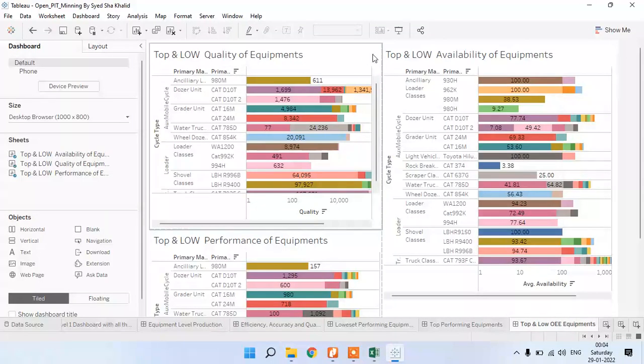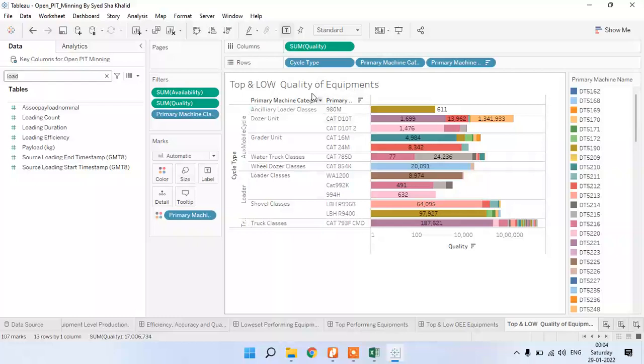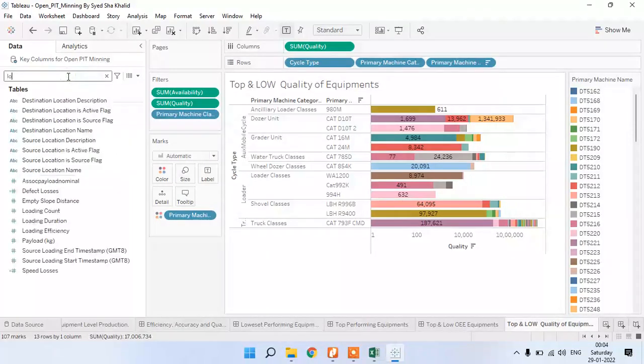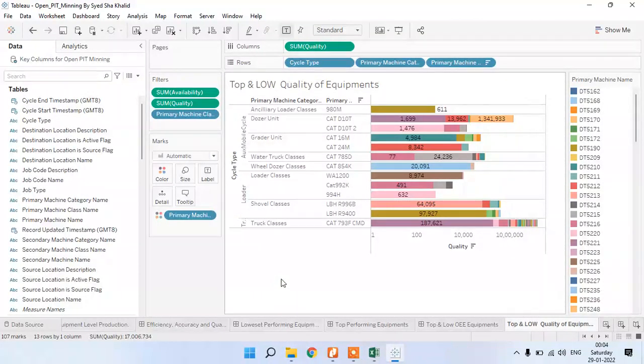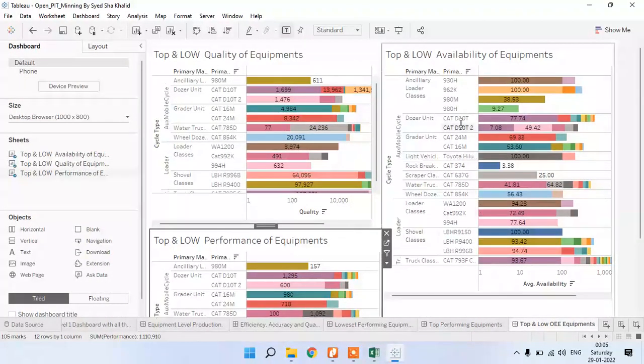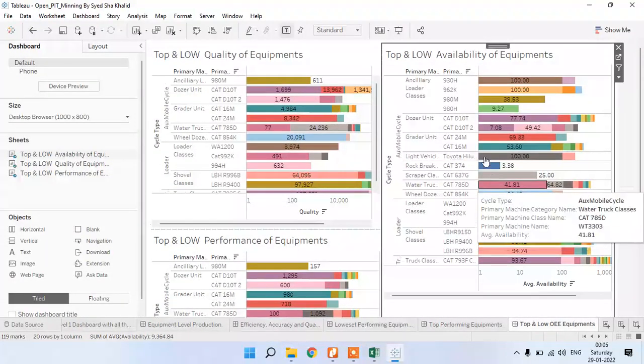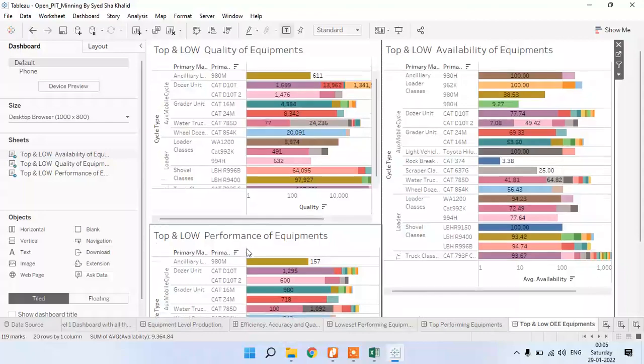I created a calculated field as quality, like that, top quality and low quality performance, and top and low quality availability. The same thing; I have considered these three.